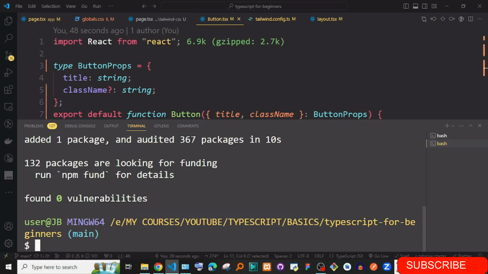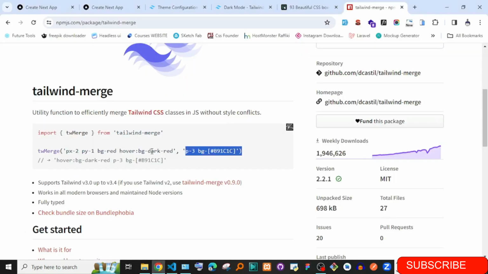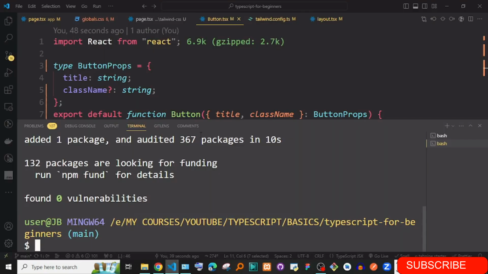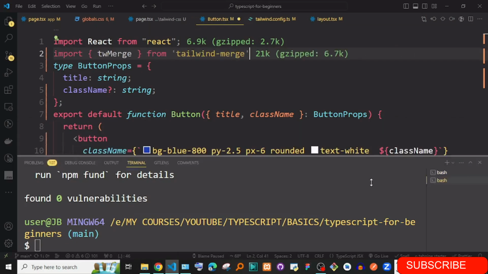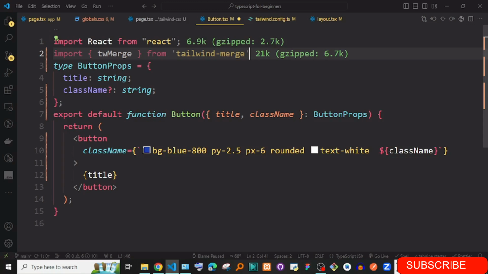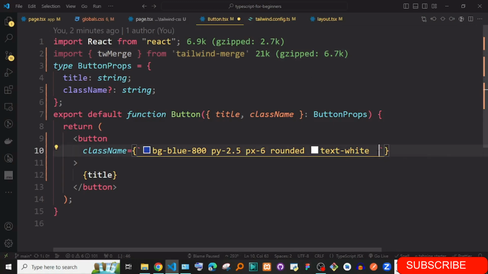Okay, so it has finished. The only thing we have to do is import it. So we go to our button component and let's import it here. And then this time you don't need to do this. Simply remove this class name. Okay, so the only thing you need to do is, let me first copy these,